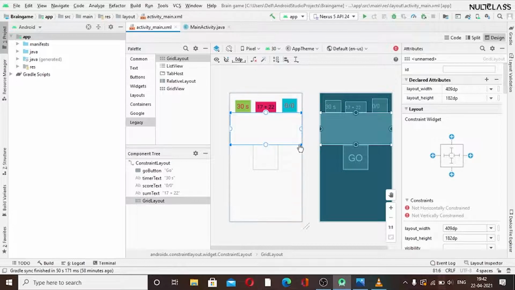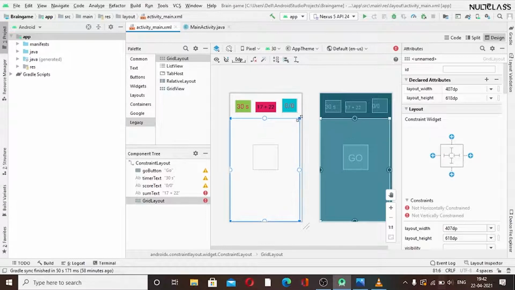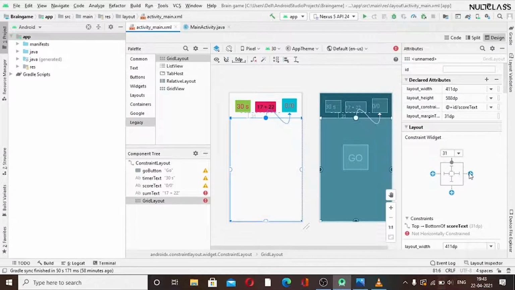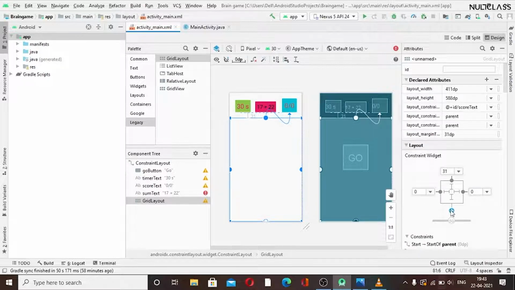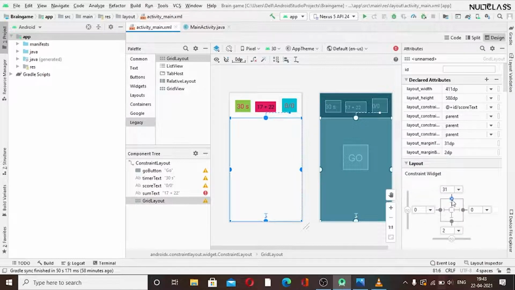So now we can add our widgets here. Firstly I will completely fill it to the screen. I want it in a gap, something like that. Okay, so now I will just set its constraint. Just add it. Default constraint will be fine, as it will automatically fill up the screen. I think we don't have to fill this one.